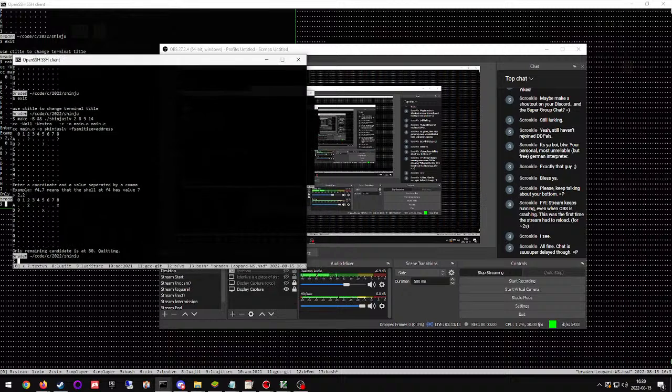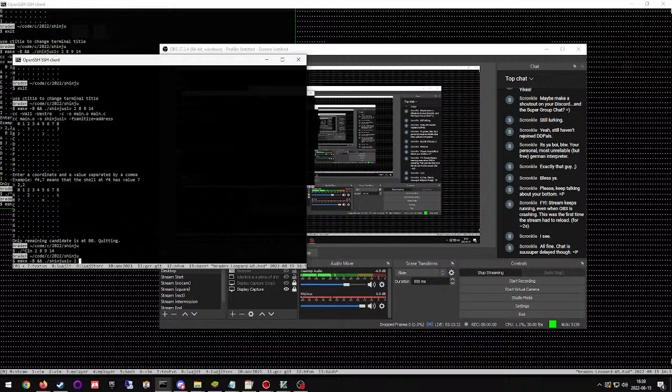Okay, so I have another SSH window here. Okay, so we're going to feed the level in via the arguments,